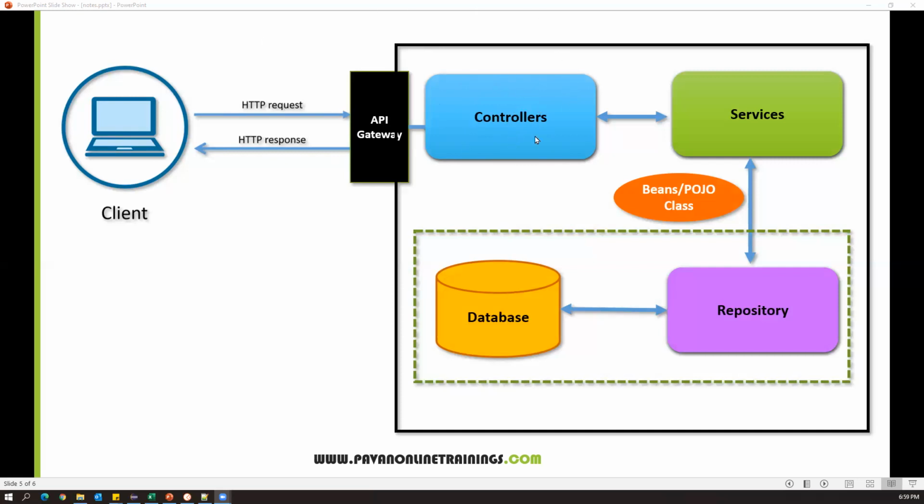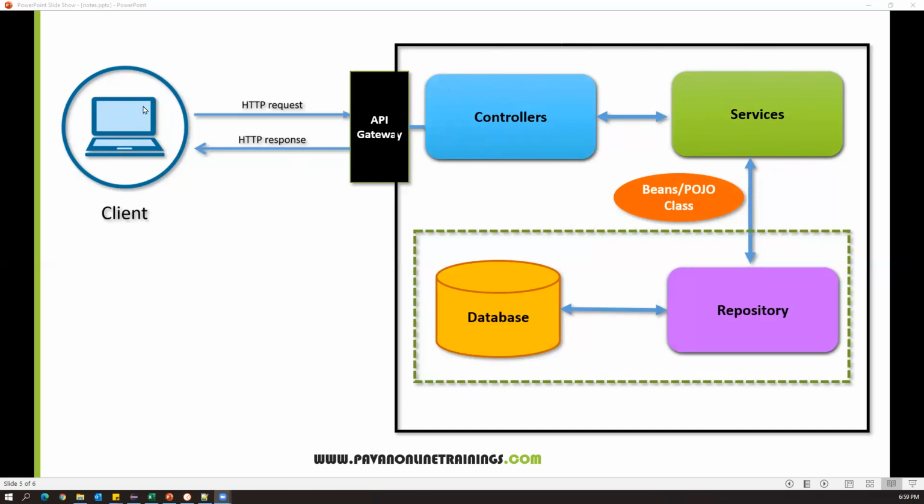But where exactly will the logic be implemented? The controller class is just a gateway, or an entry point which gets the request and sends the response. But this controller class also depends on the service. This is the main thing in the Spring Boot framework. So this is a service, which is a microservice. The controller mapping methods will talk to the service and get the response from the service, and the same response will be provided to the client.